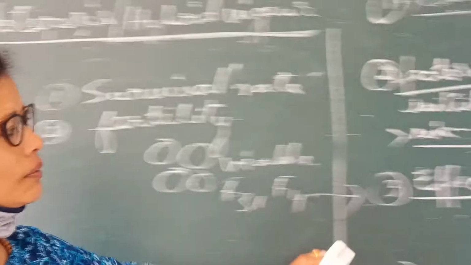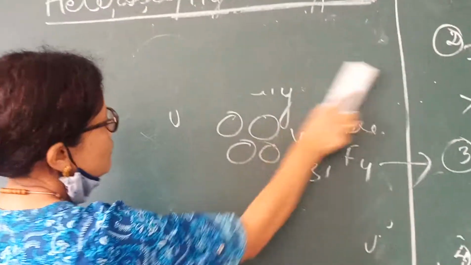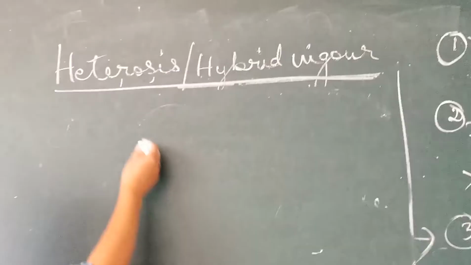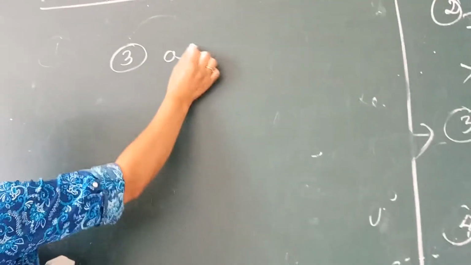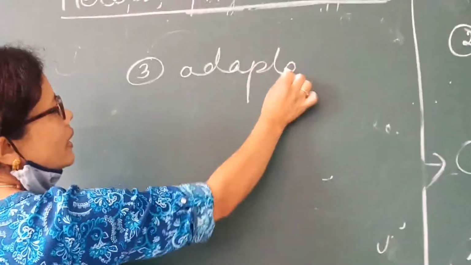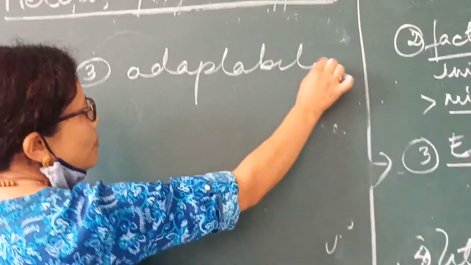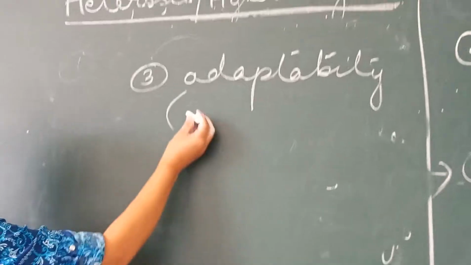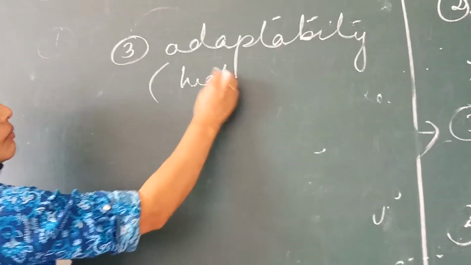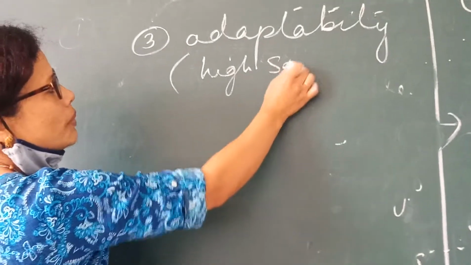Now the third effect of heterosis is physiological. When we talk about physiology, we are talking about adaptability. Can the plant adapt in high salt condition? There is too much salt,